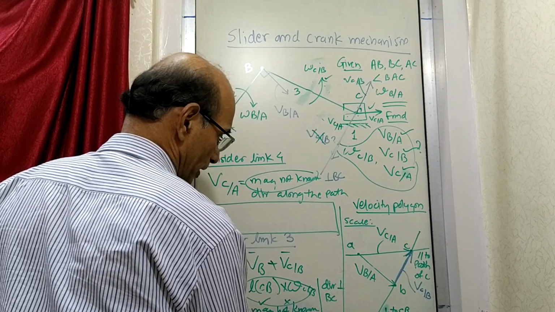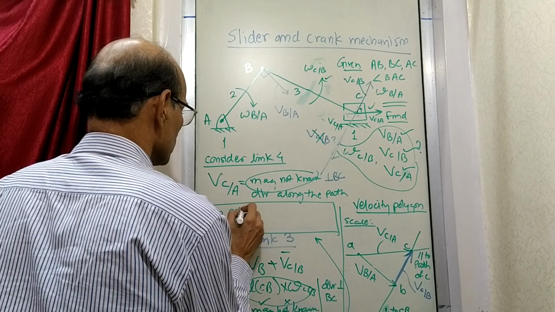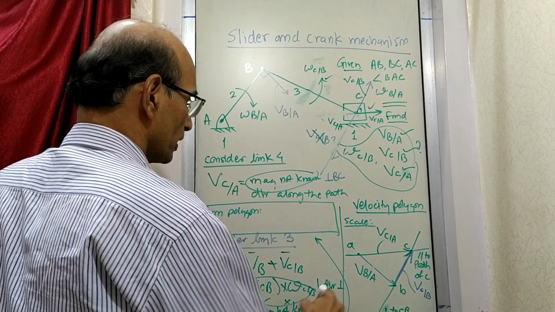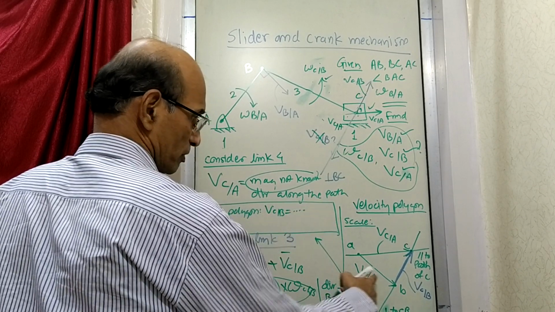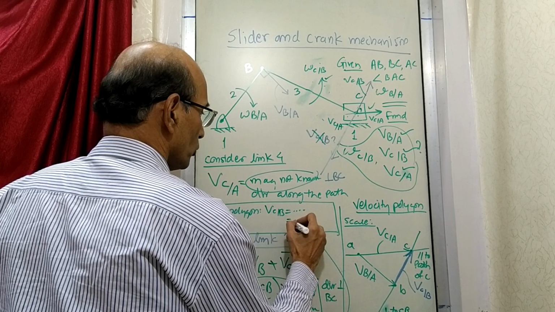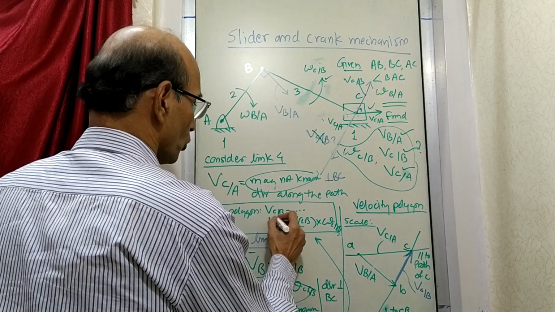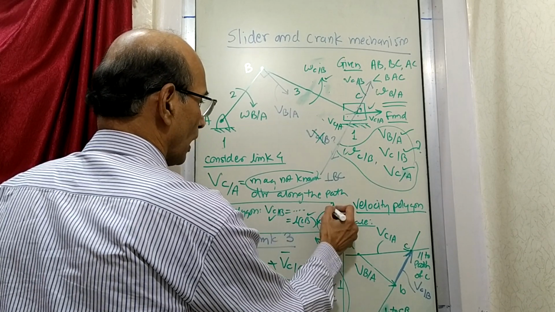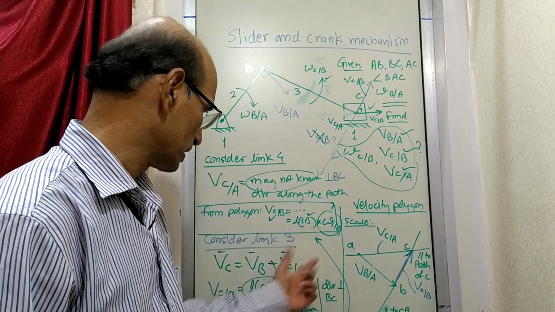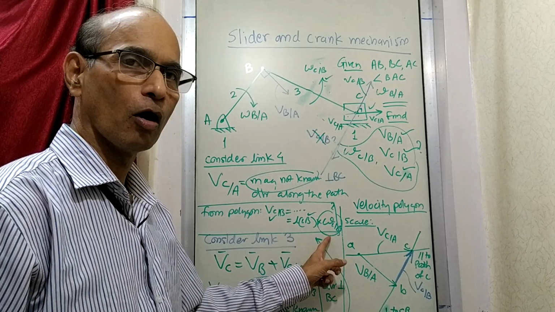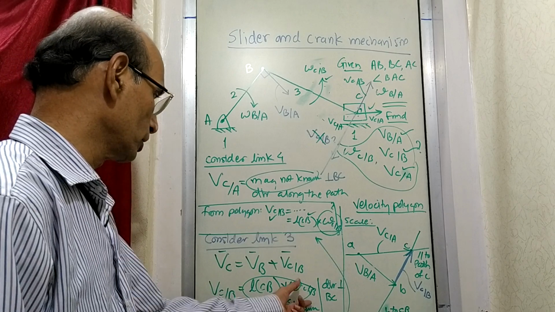I'll just write what I wanted to write down here. From the polygon we can say velocity of C with respect to B is equal to this much, and it is also equal to length CB into omega. So this is known, length is known, so omega of C with respect to B, the same equation I have written here, can now be obtained because velocity is known and length is known. Velocity is directly known from here, length is known, so you can find this.